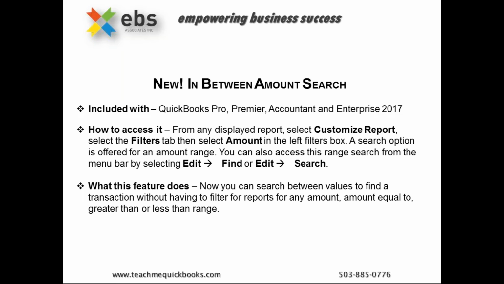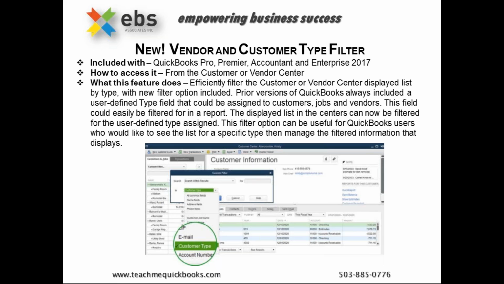Okay, so we're going to talk a little bit now about the new vendor and customer type filters. So they really have amped this up, and again, this is available in the Pro, Premier, Accountant, and Enterprise version. This, and how you get to this from the Customer or Vendor Center. So what this feature does is it efficiently filters through the displayed list by type with a new filter option included. So this is extremely handy, especially if you're looking for a list of just your subcontractors, or if you're looking for a list of just your suppliers, or if you are tracking your marketing,